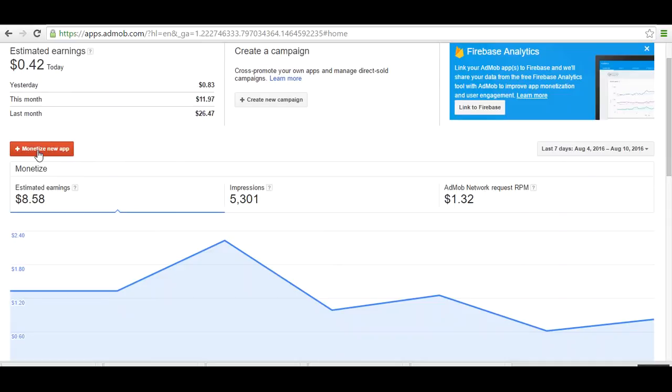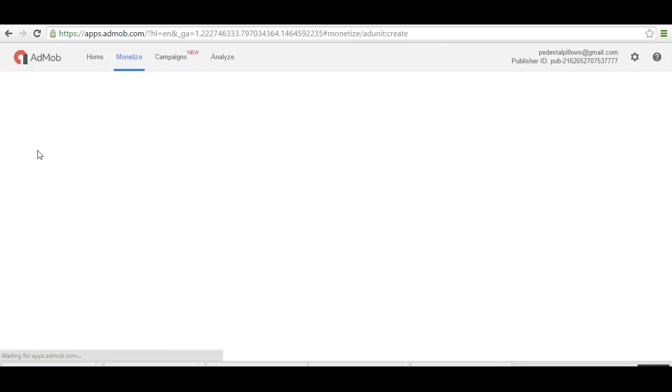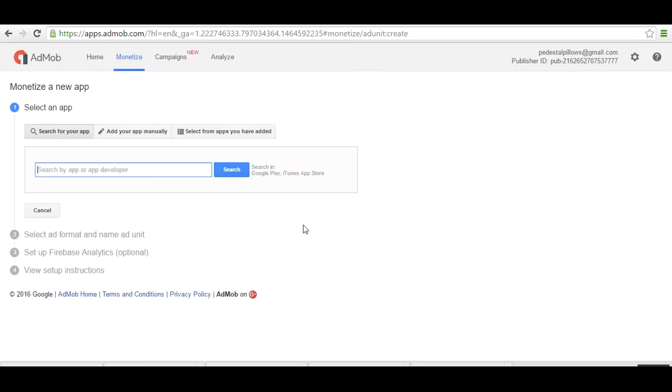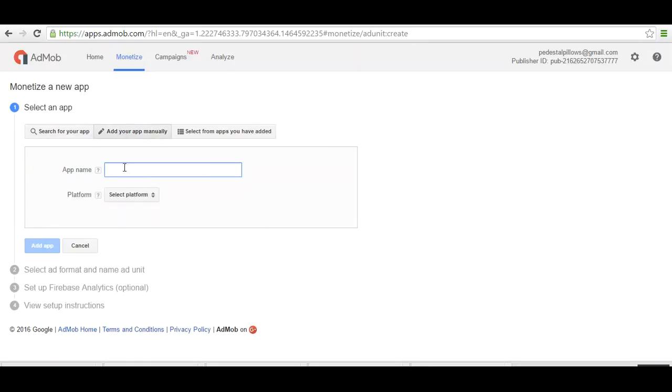Click on monetize new app. Add your app manually. Give your app name. Select platform as Android. Add app.